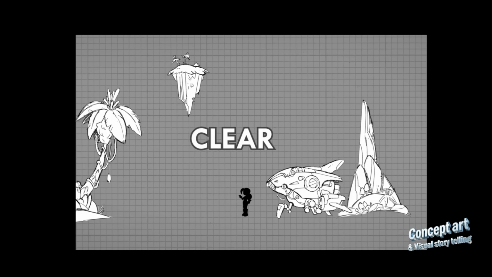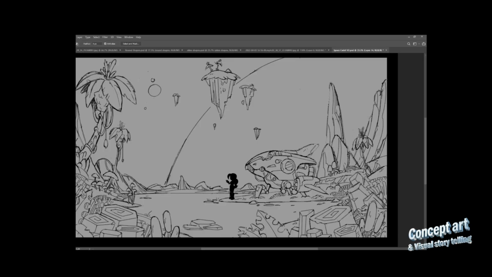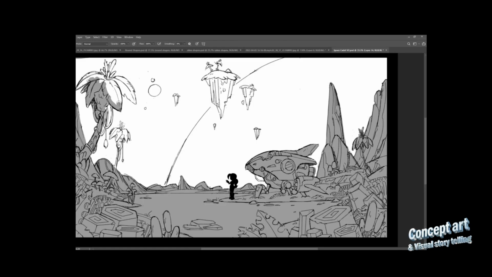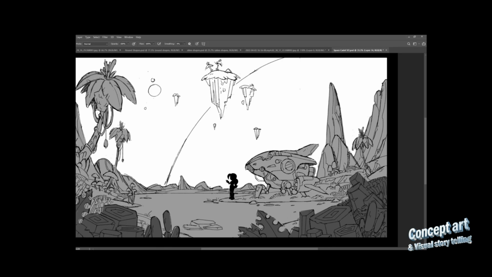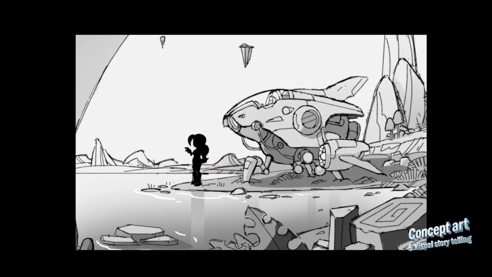silhouettes be clear. Okay, so now we can finish out these floating rocks and add some tones. And I made these foreground elements really dramatic so that along with the valley, they will help frame our composition. Sometimes we shoot